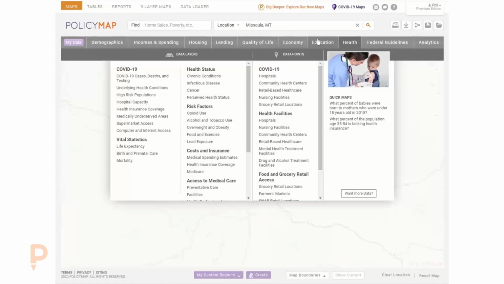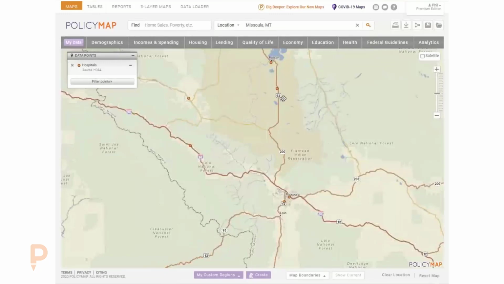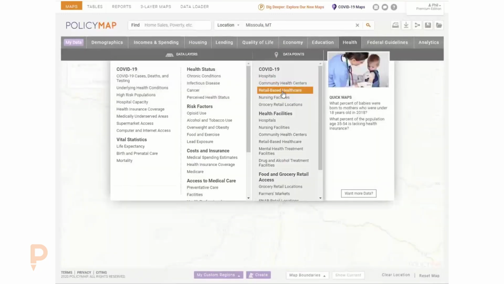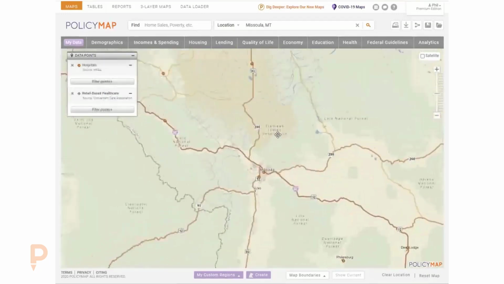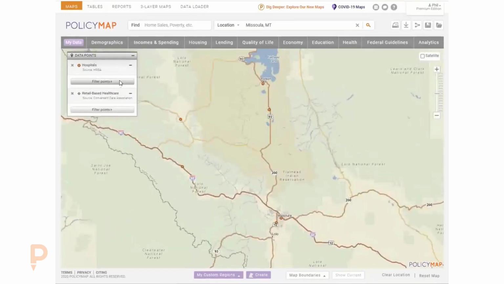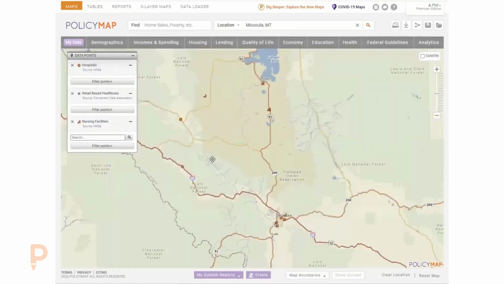But in the case of points, you can add multiple point data sets on the map at the same time. So we can show hospital locations in relationship to retail-based care locations, which you guys don't have any. That's really odd. As well as other things like nursing facilities and so forth. So point locations, point data sets, you can overlay as many as you like in the map at the same